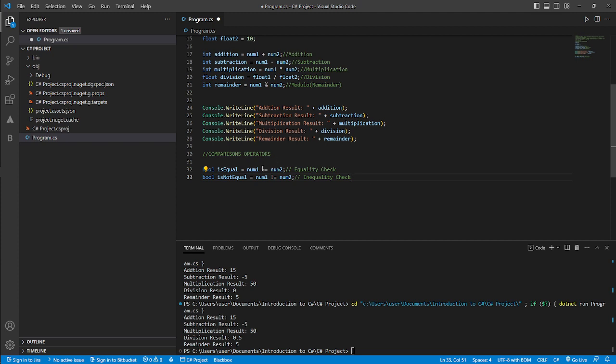So the first one checks if they're both equal, that's equals equals, and the second checks if they are not equal to each other, that's exclamation mark equals. Those are the operators. The other operator we're going to look at is isLessThan. Notice how I typed it, every word following is in capital letter. To check if number 1 is less than number 2,